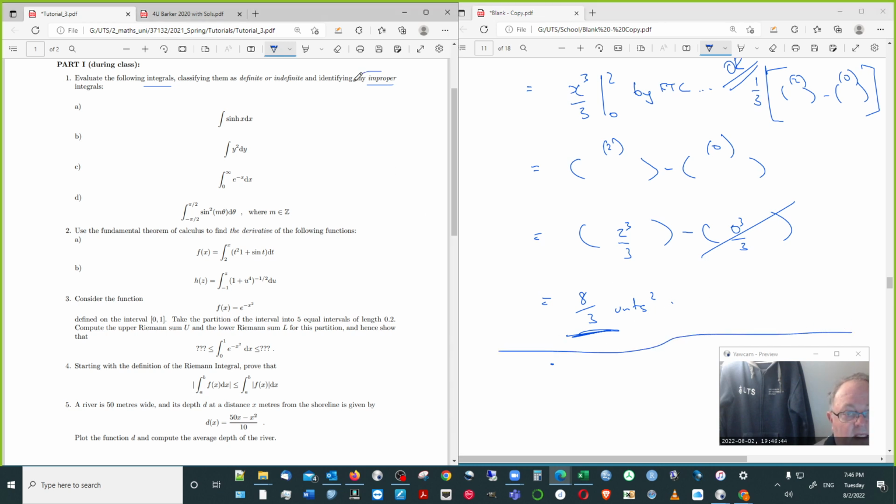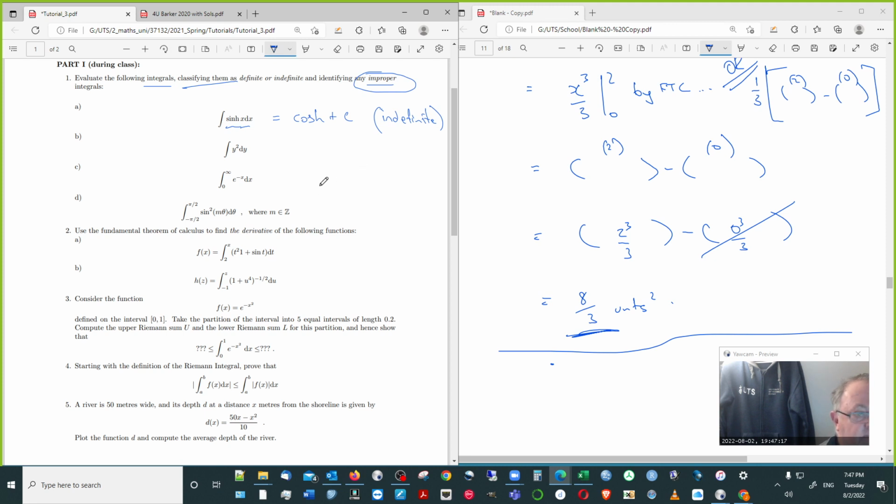So what is it about an improper integral, which is what we were doing this week? So if we were to go ahead and classify these questions, well, this is sinh, it's a hyperbolic sine. It doesn't matter if you don't know it, I'm happy with that. But it's cosh, hyperbolic cos, plus c. So that's an indefinite. And this is what we get our students to do in first year who are doing analysis,